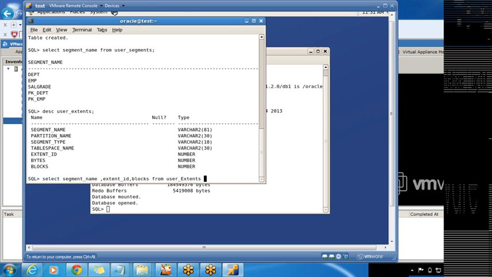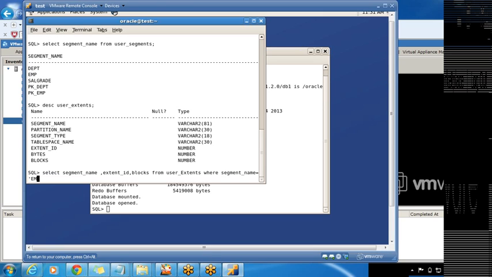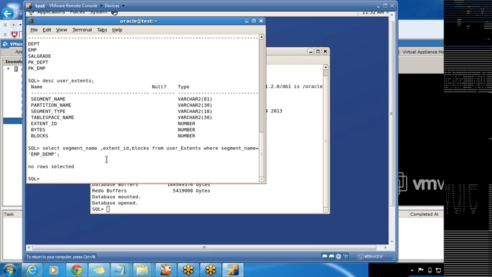I'm just worried about the emp_demo table, so I'll go for that, where segment_name equals emp_demo. So if you see here, the segment is not created yet. This query will return 0 rows because there is no segment with the name emp_demo. So that means nothing is allocated here. Usually, whenever you insert data into the table, the space will be allocated in terms of extents. I'll tell you what an extent is, but just remember, whenever you insert data into the table, it will be